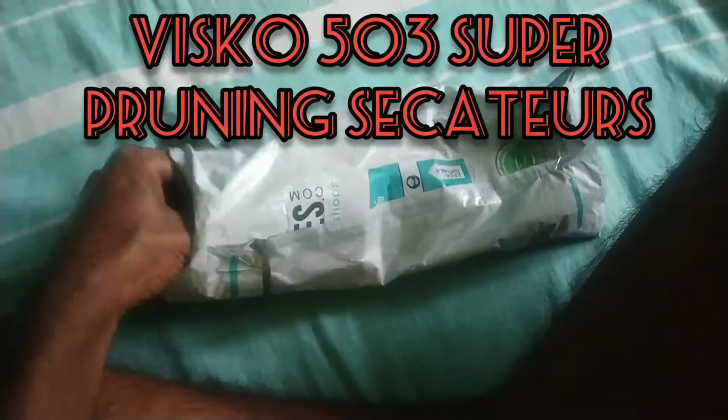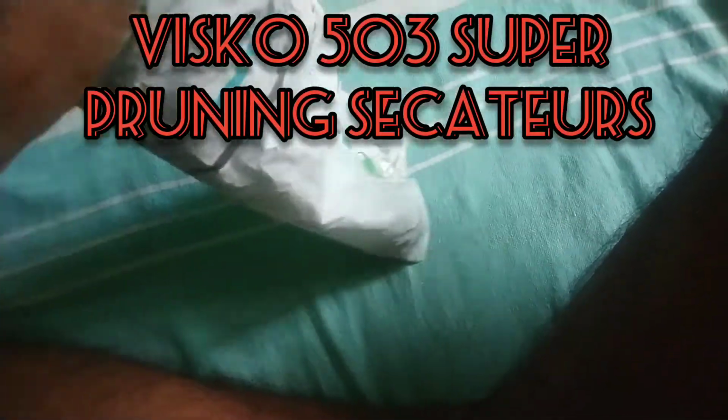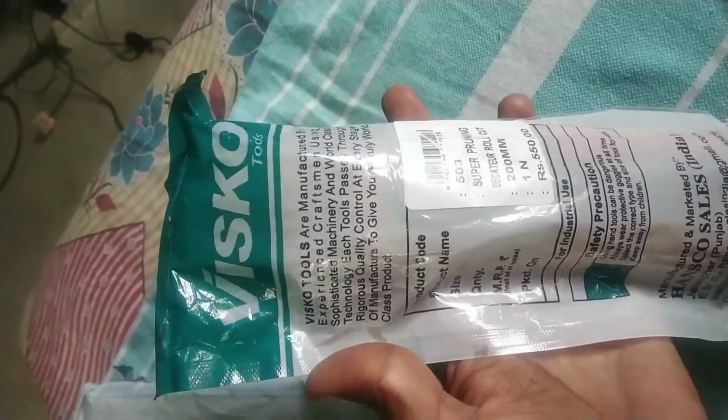This I got from South for 30 rupees, and this is Visko Tools, Jalandhar. You see here, this is manufactured by Visko Tools,